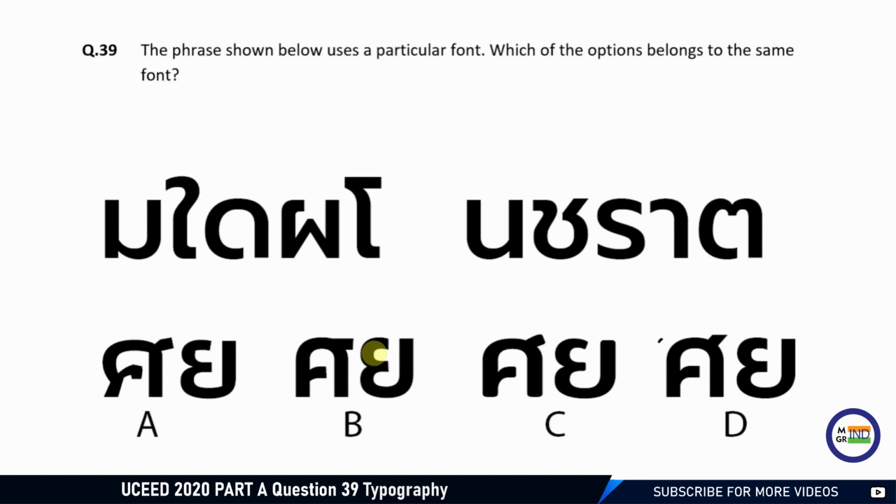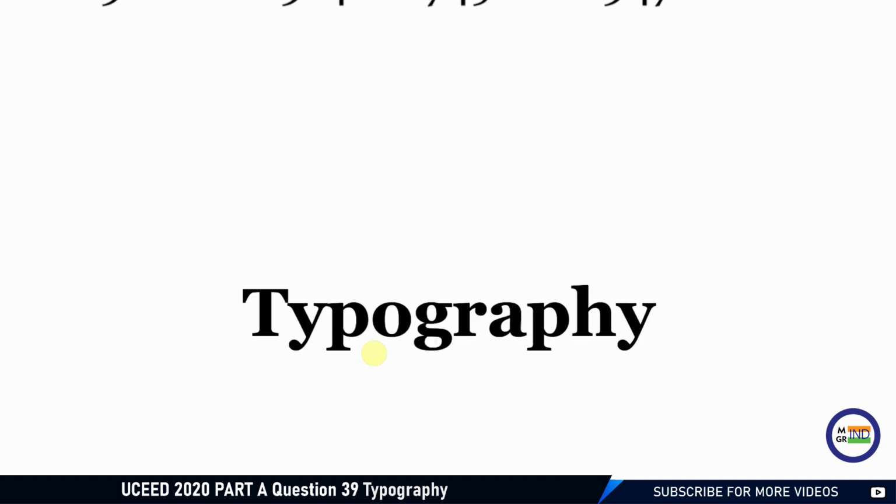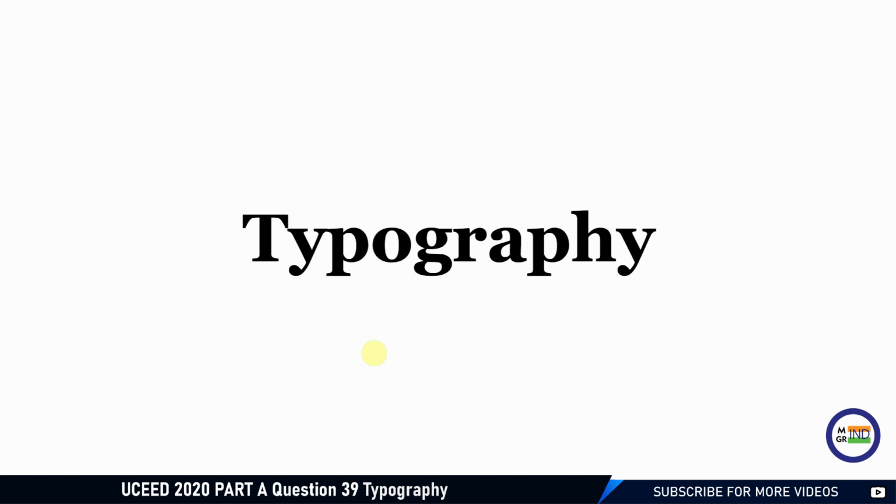Then another similar question that we'll cover today is from the UCEED 2019 exam, NID section question number 1. So both of these questions fall under the category of typography. Typography is the art and technique of producing letters. It is important as it sets the mood of the message that we want to convey. For example, when we see a stop sign, it is always in capitals and the font of the text is always bold. Even color theory plays a very important role, but typography also moves hand in hand with it.